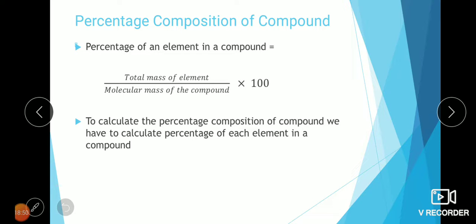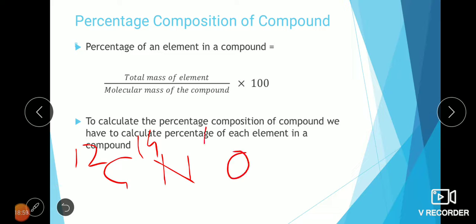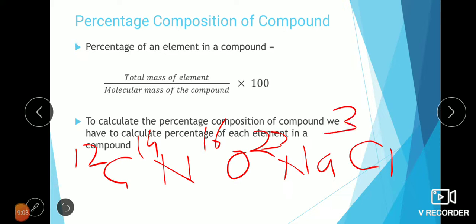We'll start with carbon. Carbon has atomic mass number 12, nitrogen 14, oxygen 16, sodium 23, chlorine 35. Please remember, we are writing the atomic mass number, therefore I am writing the numbers as superscript. Now we have done carbon, nitrogen, oxygen, sodium, chlorine. That of hydrogen is of course 1. While doing the definition of isotopes in 7th standard and 8th standard, we have repeated it several times.